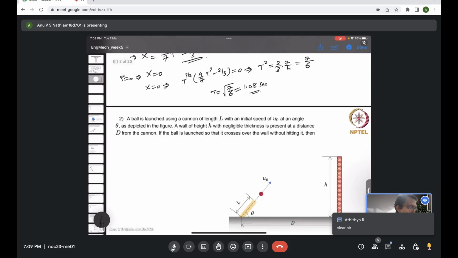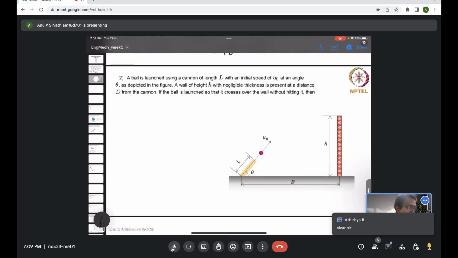Good. So we'll move to the next problem. So here a ball is launched using a cannon of length L with an initial speed of u0 at an angle theta, as depicted in the figure. So a wall of height h with a negligible thickness is present at a distance d from the cannon. If the ball is launched so that it crosses over the wall without hitting it, then